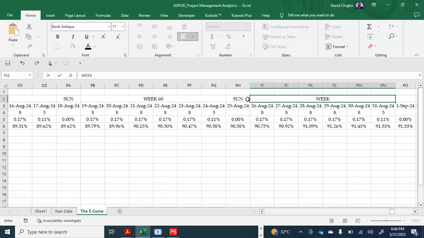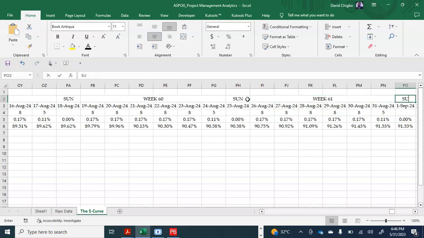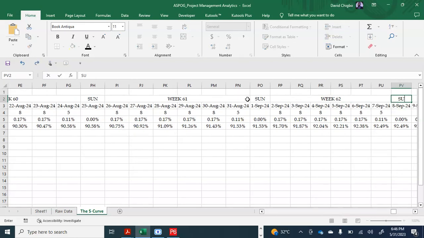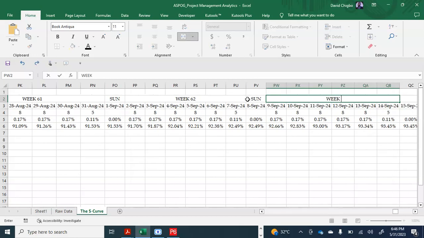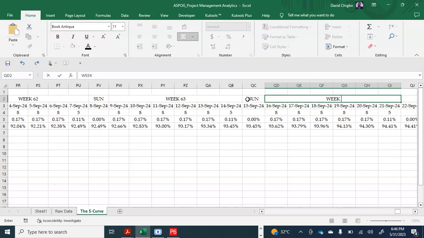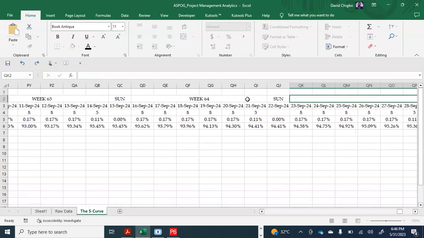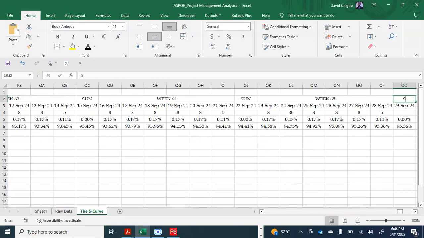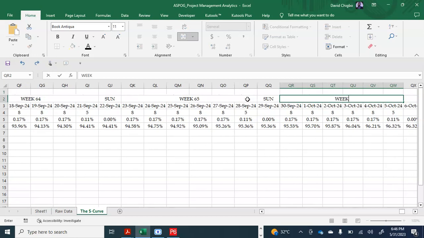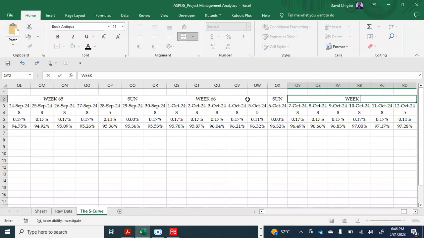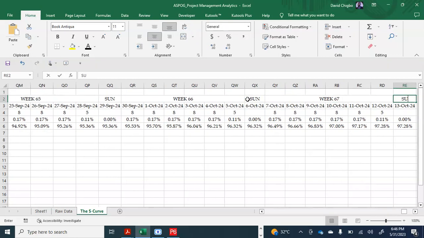Week 61, Sunday, week 62, Sunday, week 63, Sunday, week 64, Sunday, week 65, Sunday, week 66, Sunday, 67, Sunday